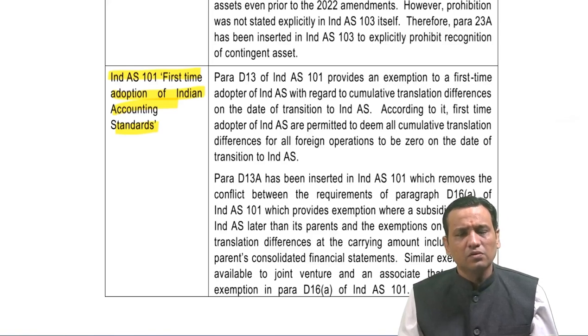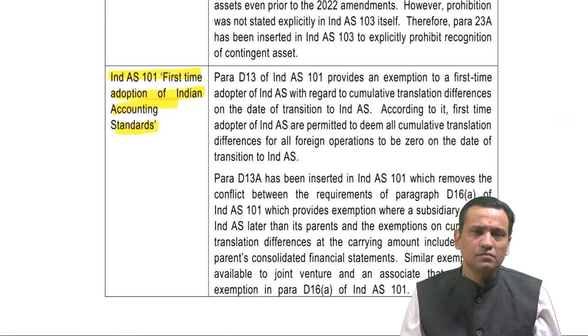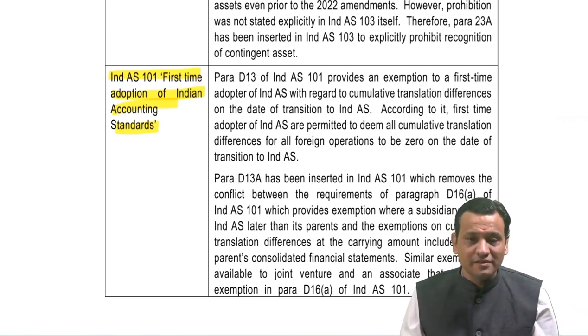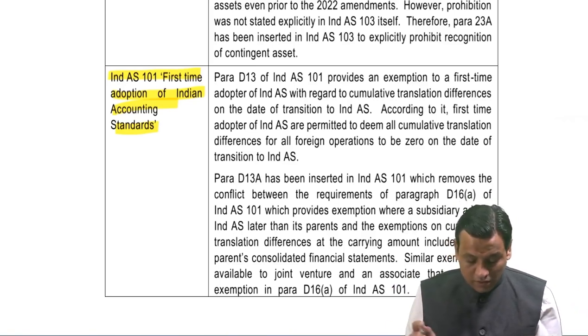Now, that was considered for our entity. But what if I am preparing CFS? Then should I consider those translation losses to be zero even for my subsidiary? So now, henceforth,